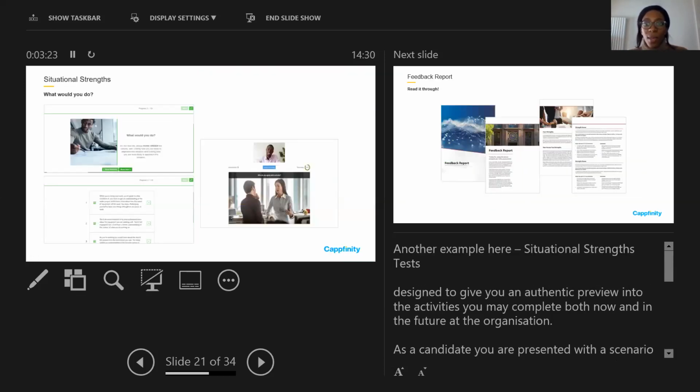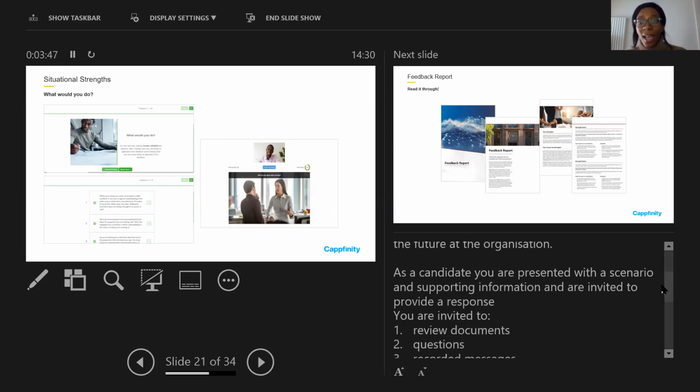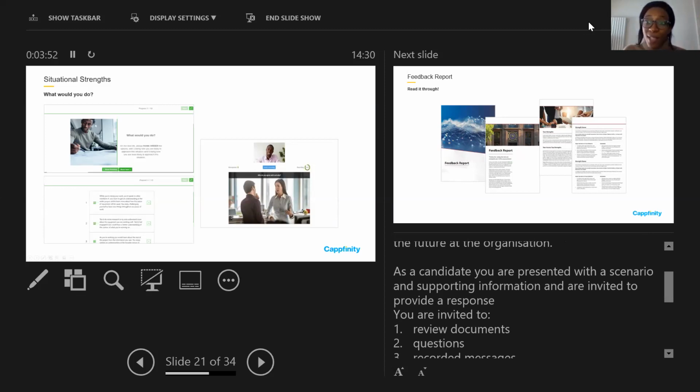We do have another example here of a situational strengths test. Again, it's designed to give you an authentic preview into the role. So here you can see there's a video that they would have shown you, and then you've got responses on what you would do in response to that video. And then there's another way: some employers, rather than you ranking your responses from most likely to least likely, like you to video record your response. So you've been presented with a scenario, and then in the same way you can see me now through Zoom, a similar, different platform and technology, you'll have to give your response through a video too.